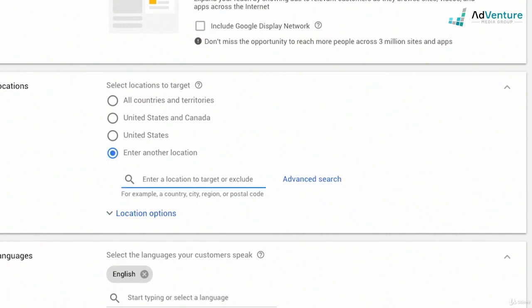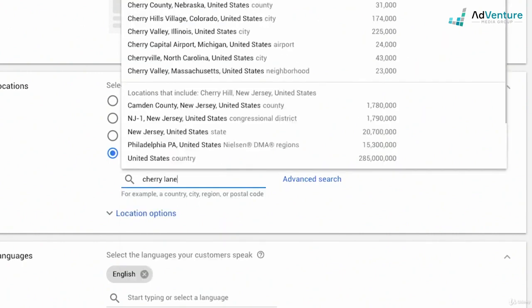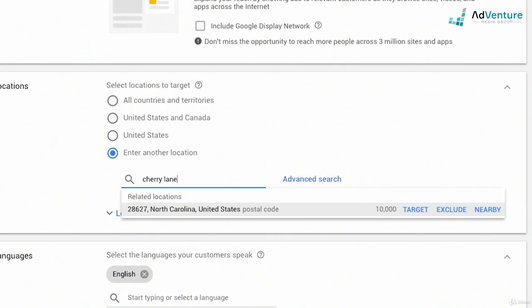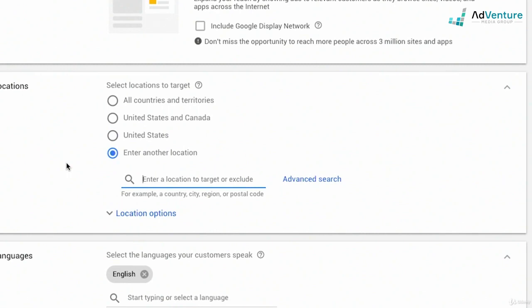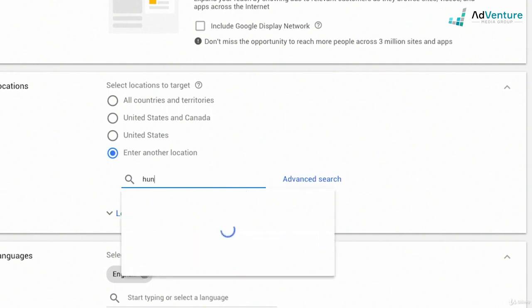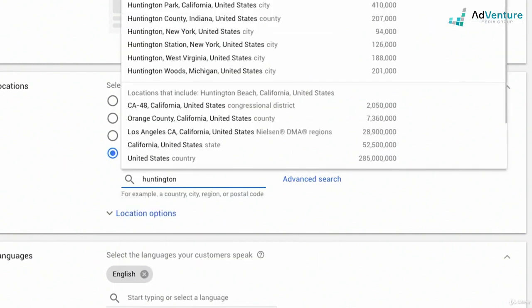I could also enter in a specific address. Let's say I just start typing in Cherry Lane, and there it is, North Carolina, United States. There must be a Cherry Lane near there. And I could also enter in specific addresses to target or exclude. Say I'm going to target a town in Long Island, my hometown, Huntington. I see that there's Huntington Beach, California, but I could scroll down and find Huntington, New York